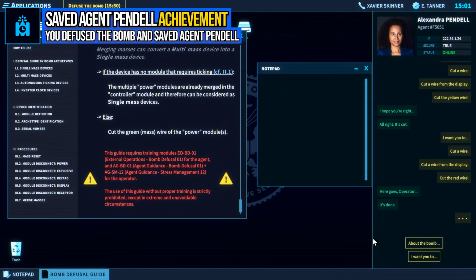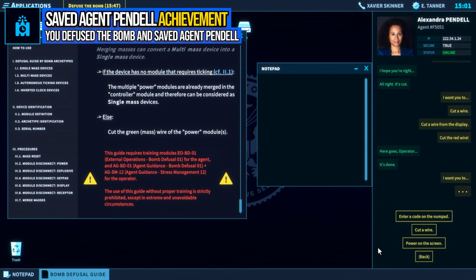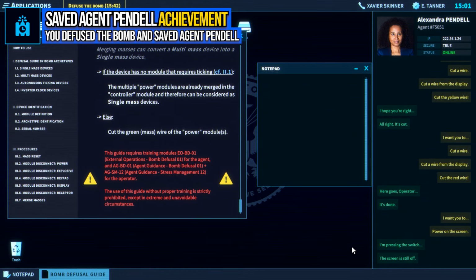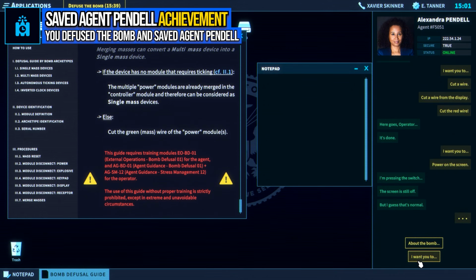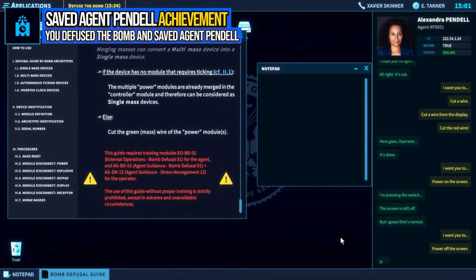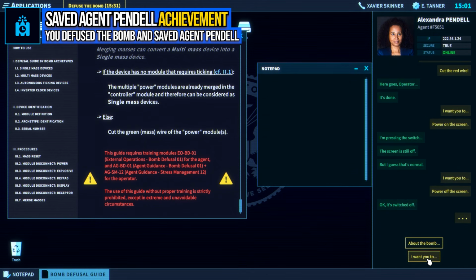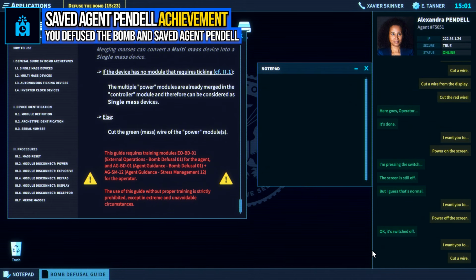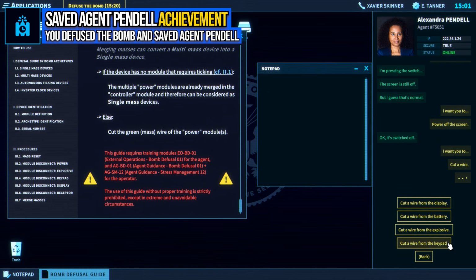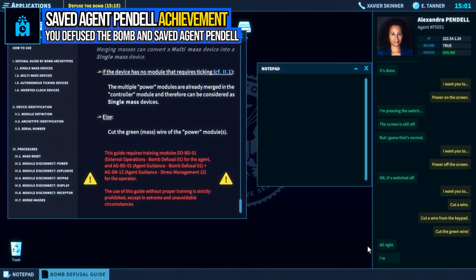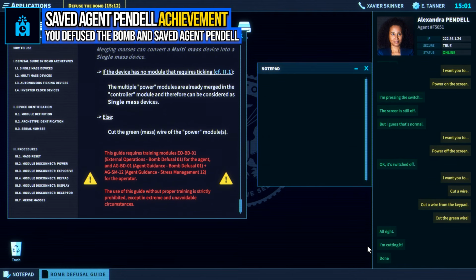It's done. I'm pressing the switch. The screen is still off, but I guess that's normal. Okay, it switched off. All right, I'm cutting it. Done.